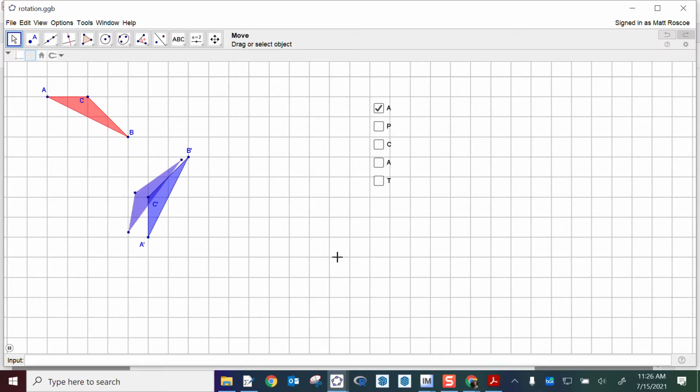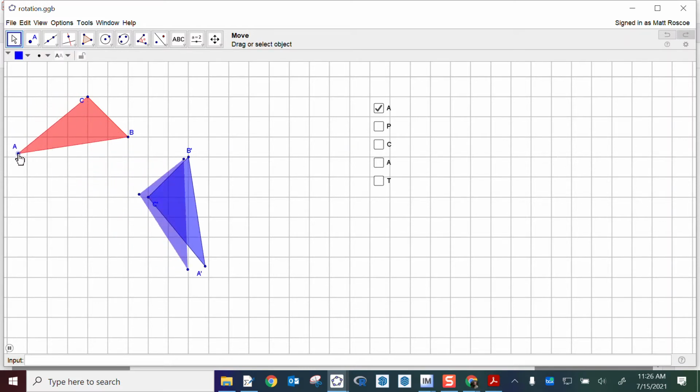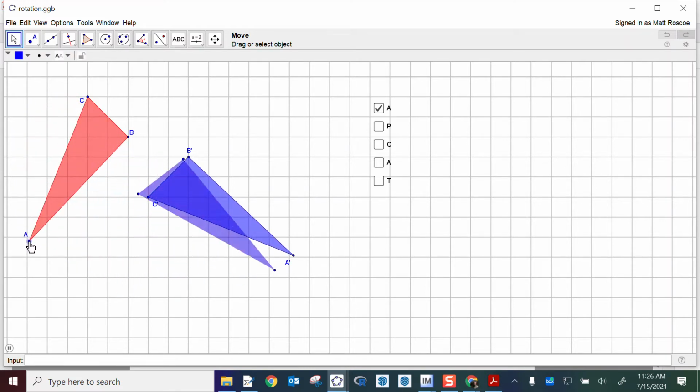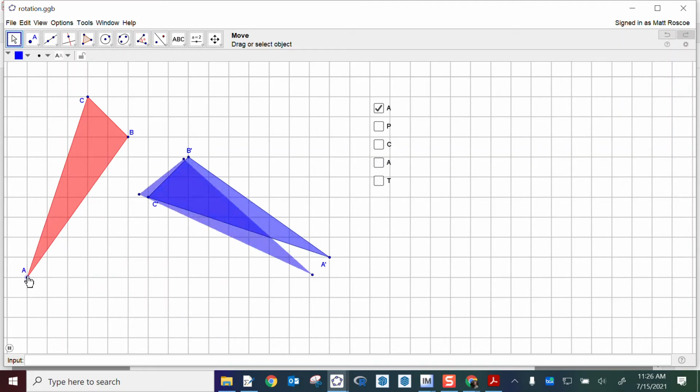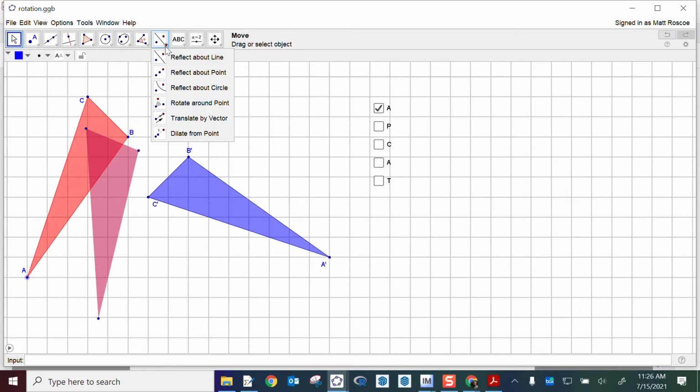So here's what we have with the rotation. In other words, we have a triangle that's being rotated by some angle, and it's being mapped to a new triangle. And of course, you should be able to change the triangle and see how that affects the rotation. By the way, this is an example of an animation, and there is a pause button right here if you want to pause it. The other thing I should tell you is that all of the transformations are grouped here